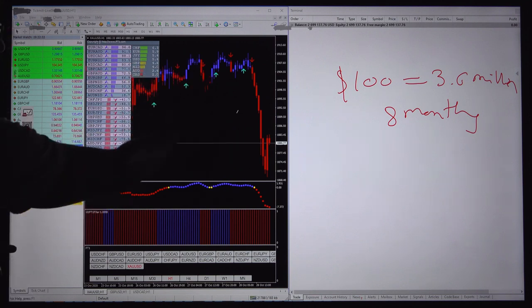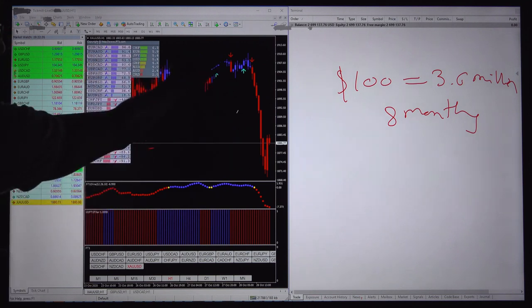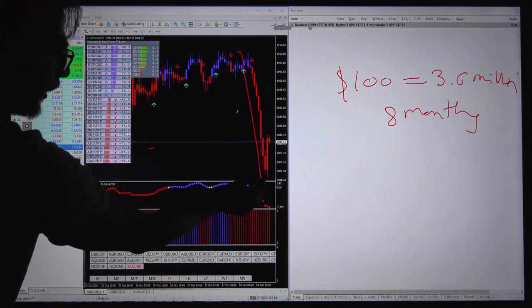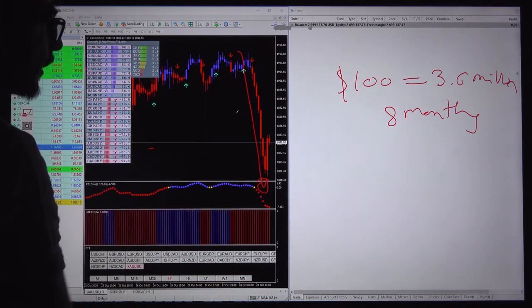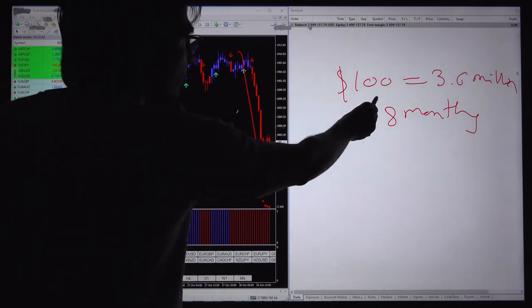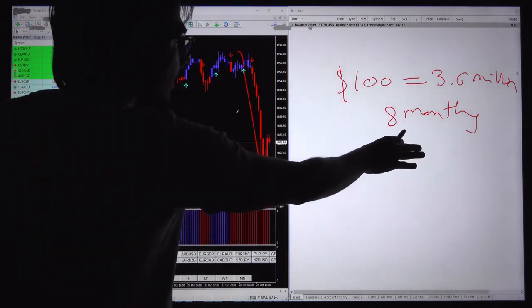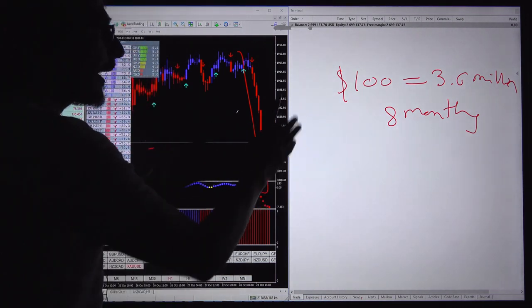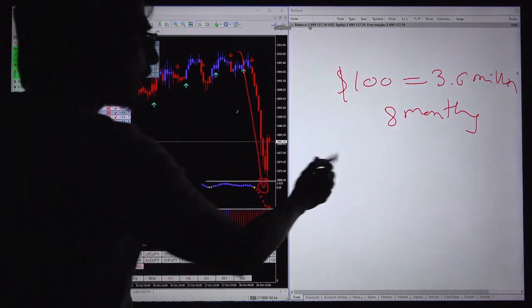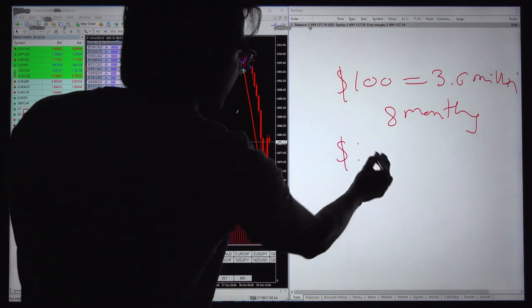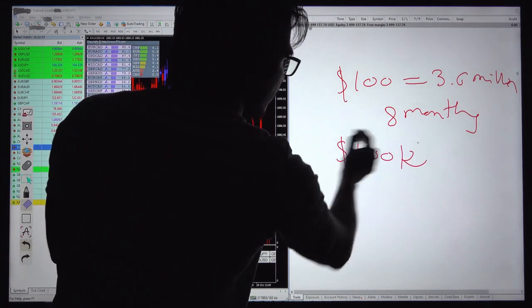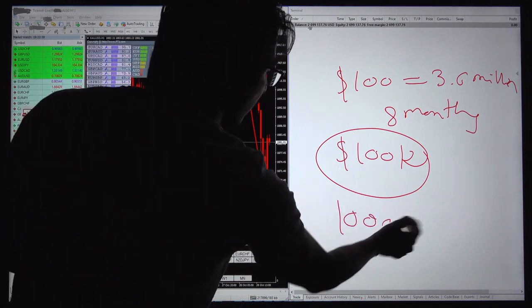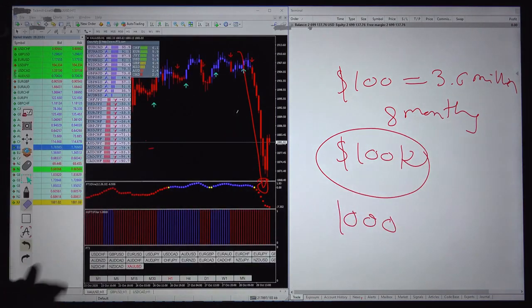As you already know, this is the XAUUSD chart, and you can see the down movement has already been captured, and it's a very good profit on the XAUUSD pair. The same thing: this is a $100 account, and we have been operating for 8 months. The profit is already running at 3.6 billion. But before those 8 months, we had lost around 100k in this account, as we tested more than 1000 different 100k accounts to achieve this profit.